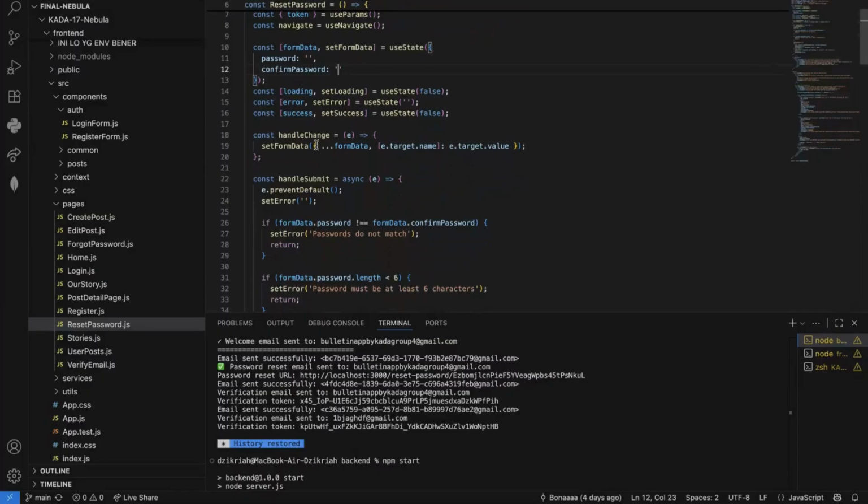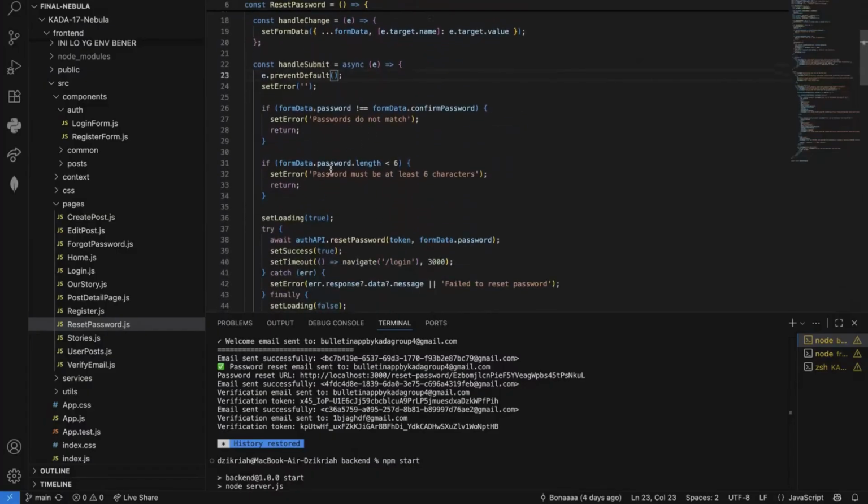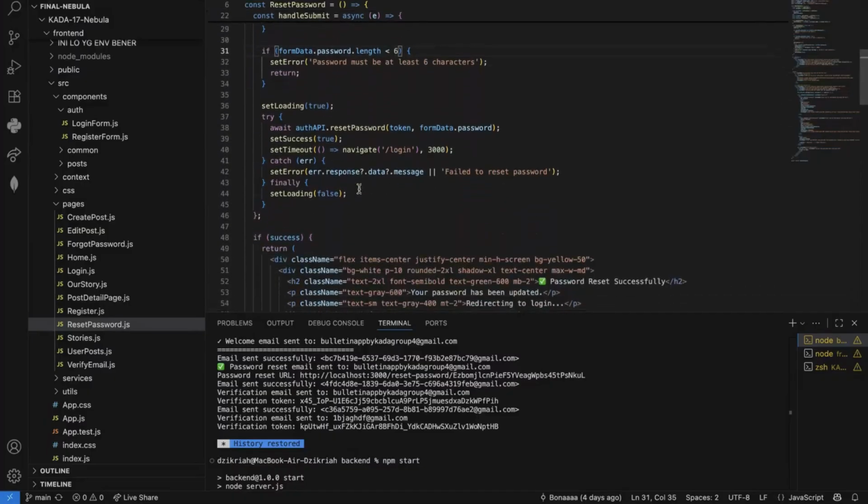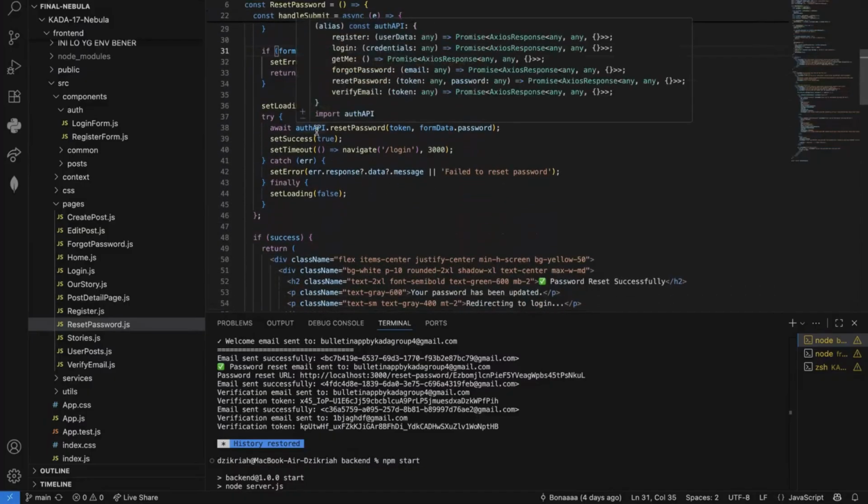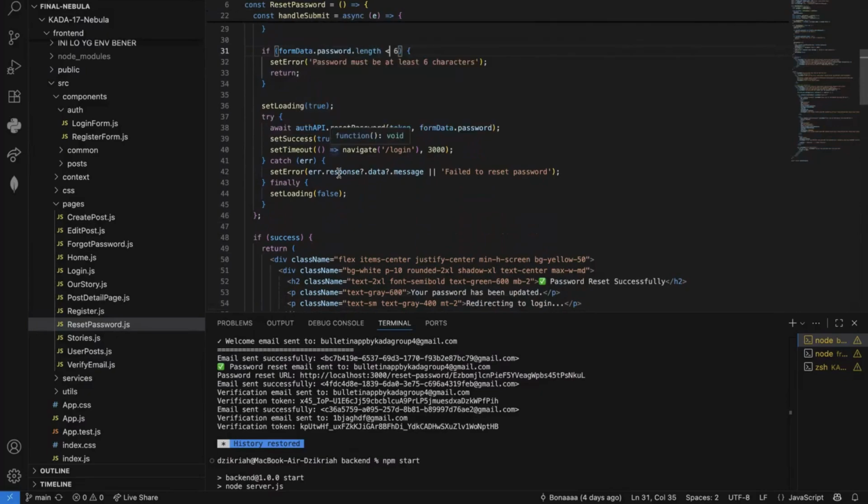And here we have the handleChange. This handleChange is to update form data dynamically as the user types into the input fields. And also we have the handleSubmit. This is triggered when the user submits the form, and we will break down what is inside of this. This is to ensure that both passwords match, and to ensure the password length is at least 6 characters. And this calls the backend API to reset the password using the token from the URL.